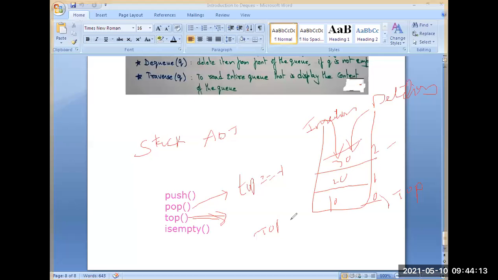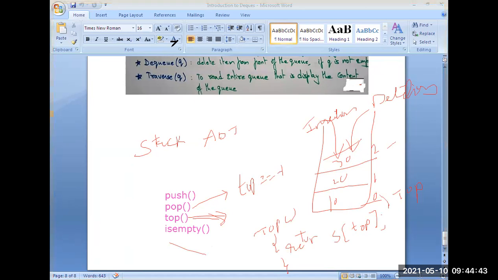Inside this, you have to write return S of top, taking S as the stack. Then it will display the topmost element, that is it will display 30. Okay. Last one is empty. Is empty means if top equal to -1, the stack is empty. Okay.